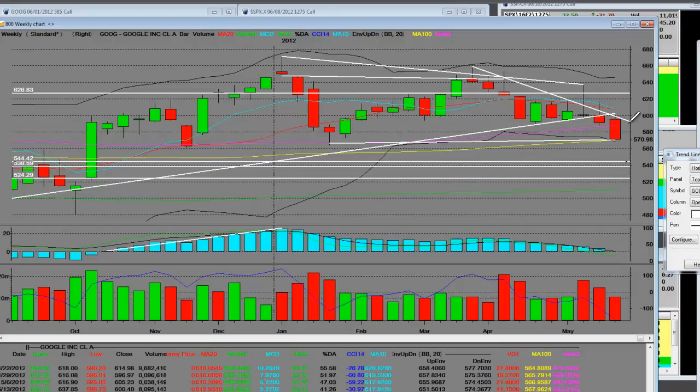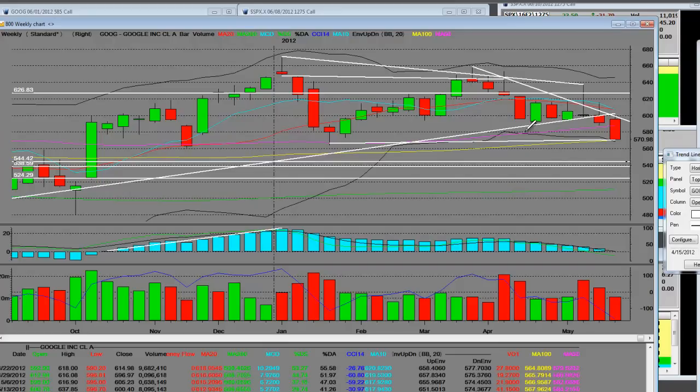These are the reversals. We sold short. We have the live trades. We sold it short here. We were shorting every one of these up moves. When you got below the 10-week moving average, we said, hey, it's no longer in a bull trend. It's in a bear. And it is.